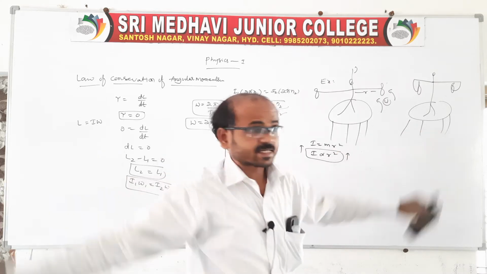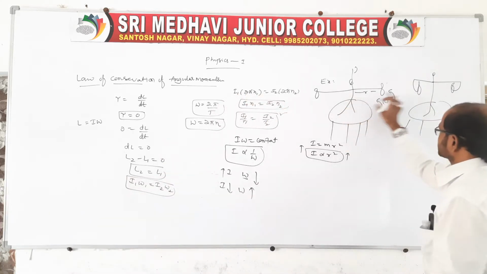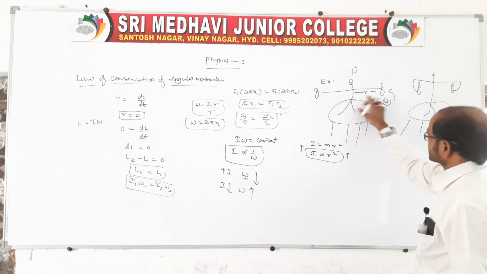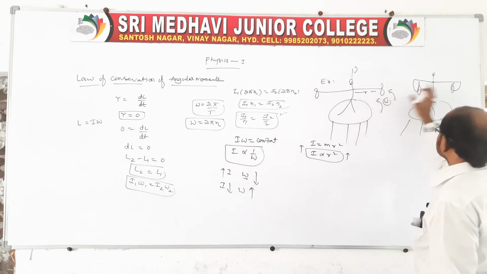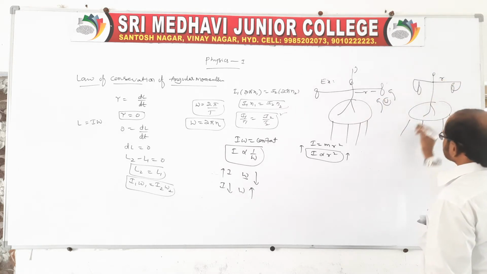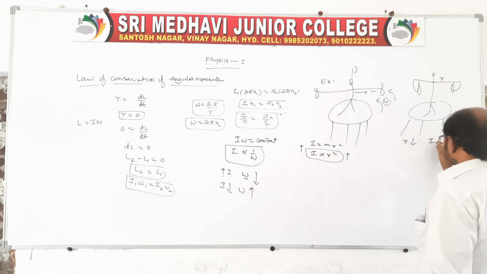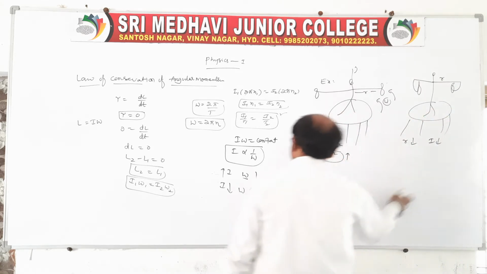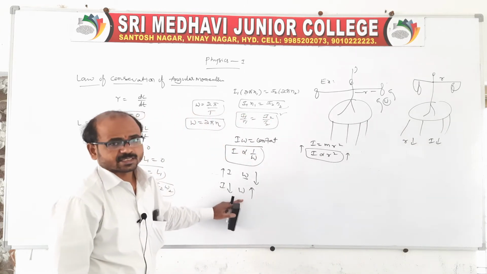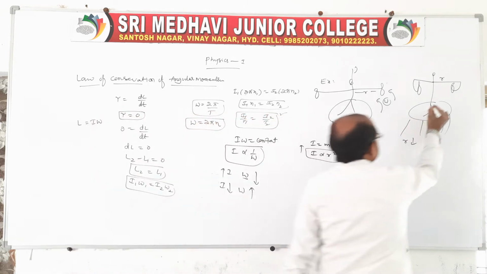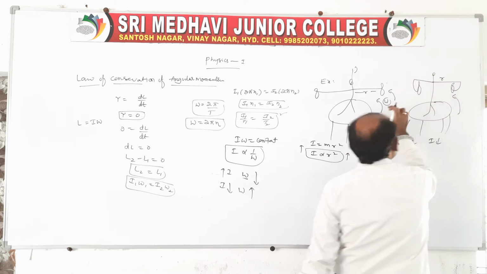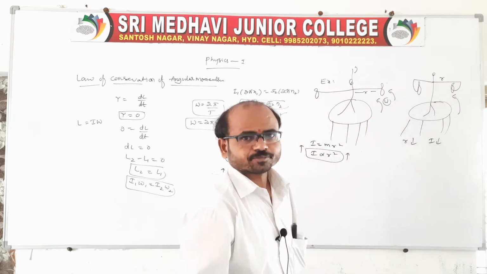Therefore distance decreases. So you compare these two situations. When it stretches like this, R will be increased. When folded like this, R will be decreased. When R decreases, according to this expression, moment of inertia decreases. When moment of inertia decreases, therefore angular velocity increases. So in this situation, this table rotates with a larger speed than in this position.